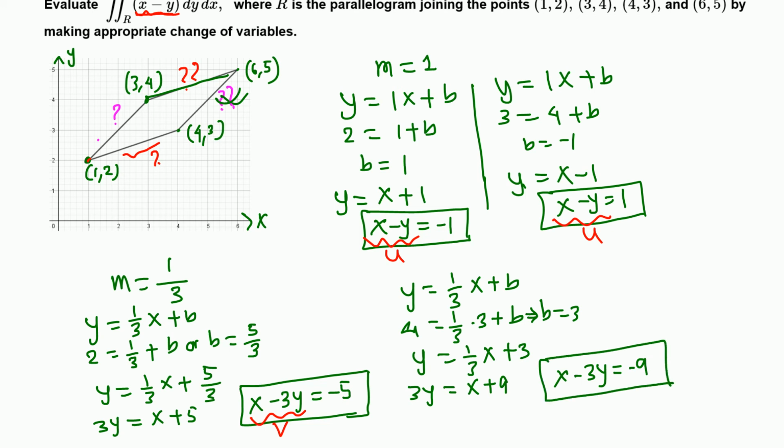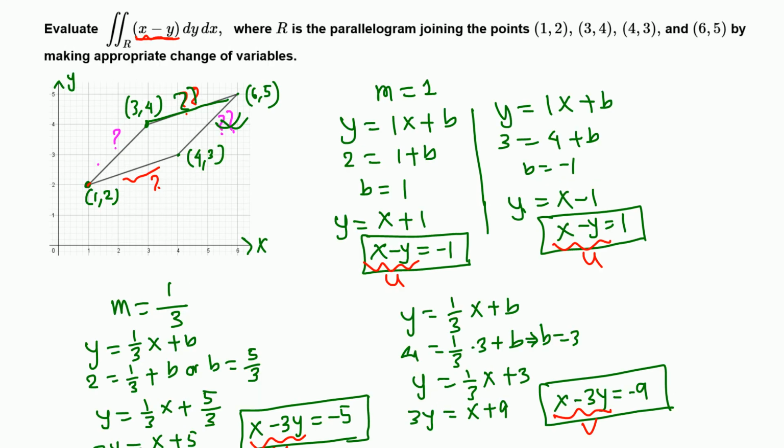Okay, that's the equation of the top line here, and x minus 3y is v, so this is also v. So this is how we make the appropriate change of variables. Let me go up and write this down here. Now we can say, let me erase these. So we found all the equations, by the way,